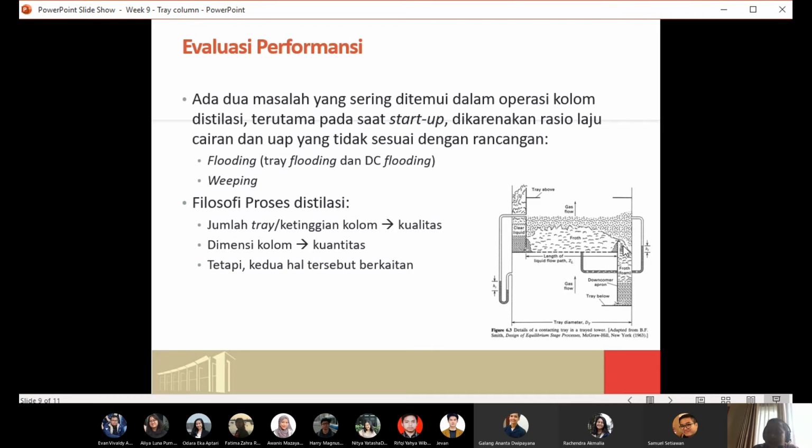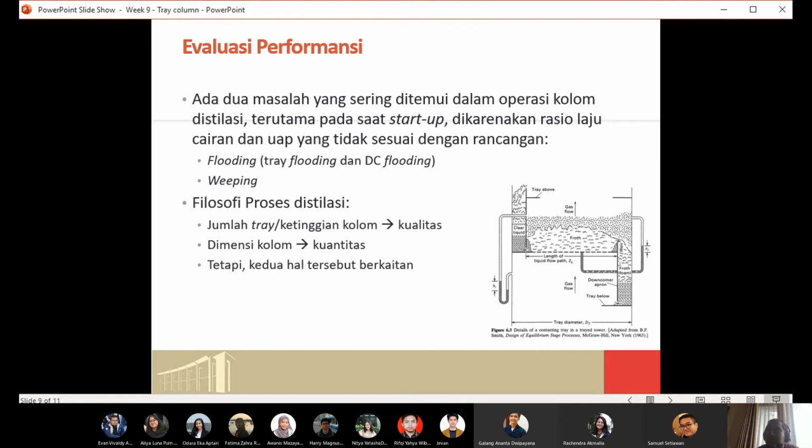In the case that the liquid level is higher than the weir, the liquid will go back to the tray. So that is the reason we have downcomer flooding, sometimes called downcomer backup,